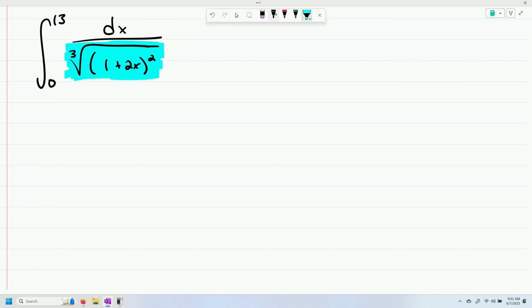So the first thing I'm going to do here, all right, is I got to let u equal something. So remember, we let u equal the inside composite function. So we're going to let u equal 1 plus 2x. That's the inside, the innermost composite function. Now, du is going to equal, well, the derivative of 1 is 0, and the derivative of 2x using the chain rule is going to be 2